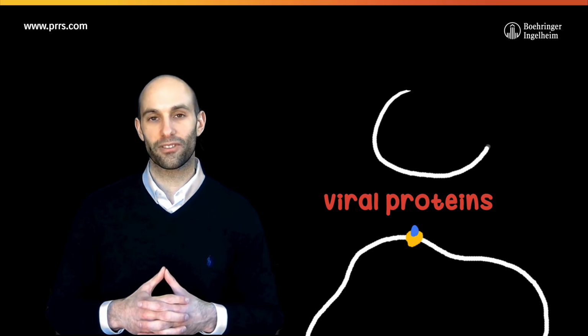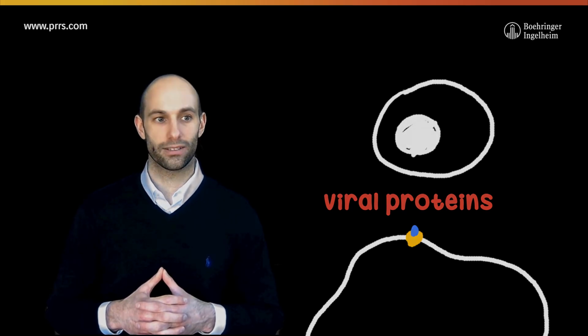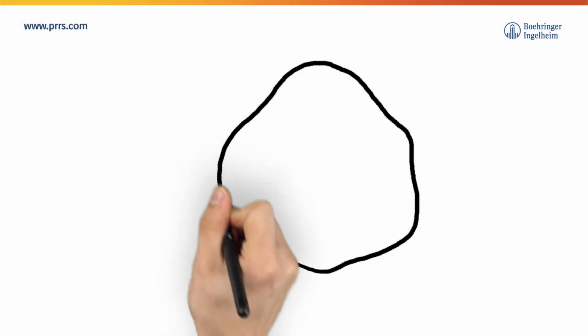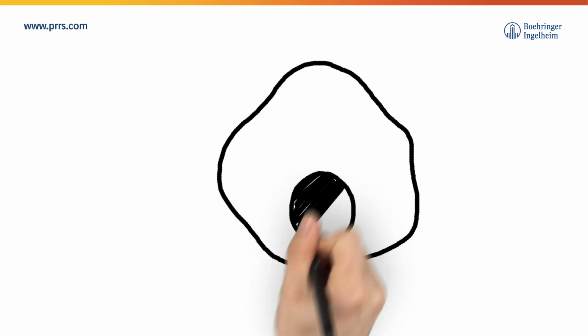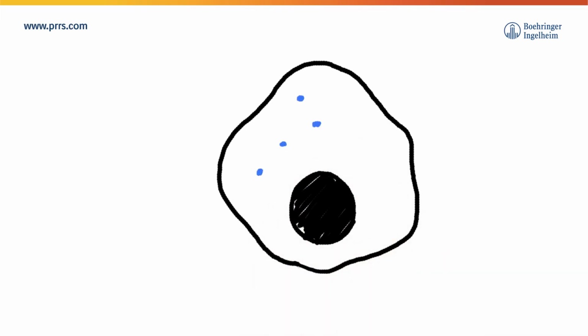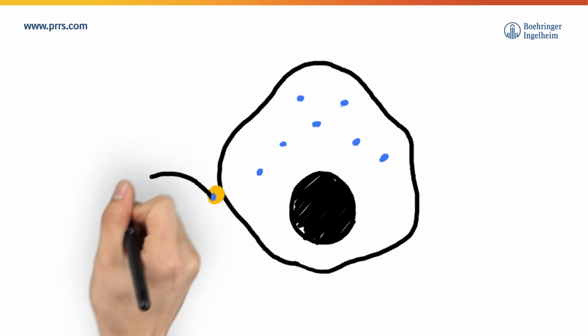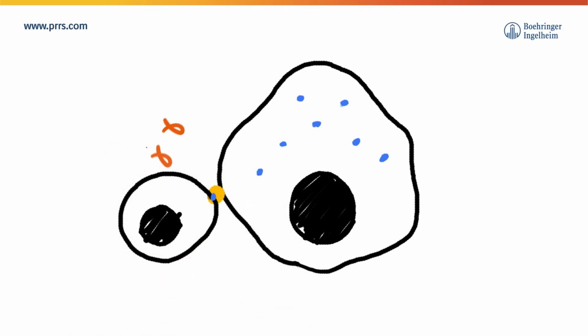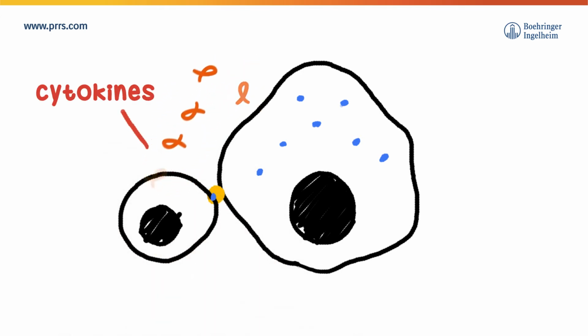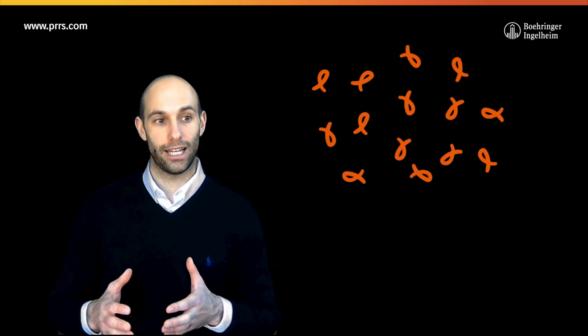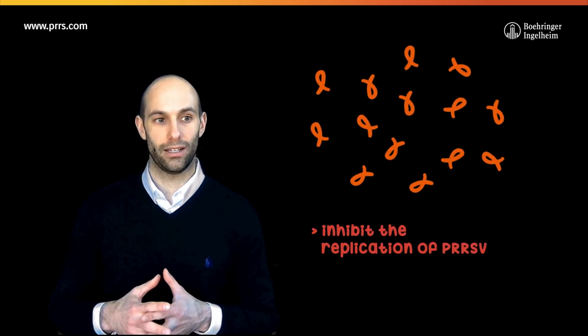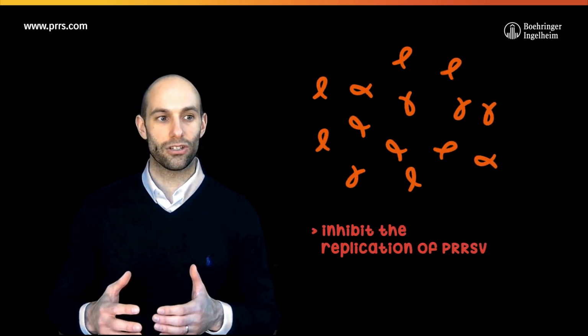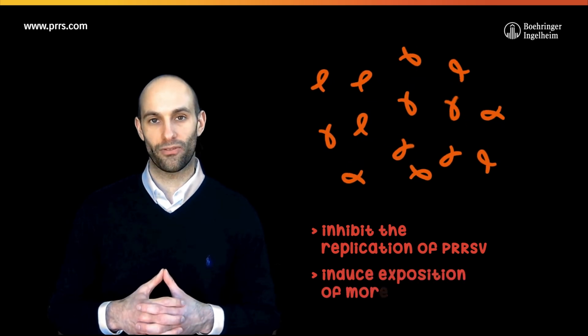T cells are lymphocytes that can recognize antigens that are within cells as they are presented to T cells via MHCs. It is through the recognition of these presented viral proteins and the subsequent secretion of cytokines, such as interferon, that T cells affect the immune response. These cytokines inhibit the replication of PRRS virus in infected macrophages and induce the macrophages to present more viral particles